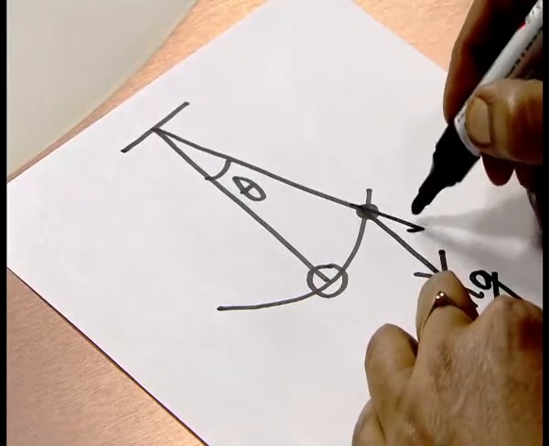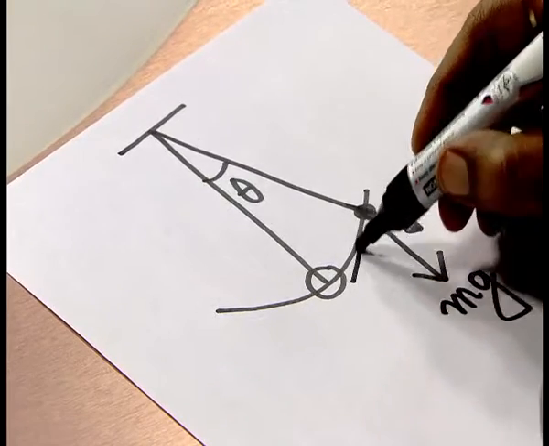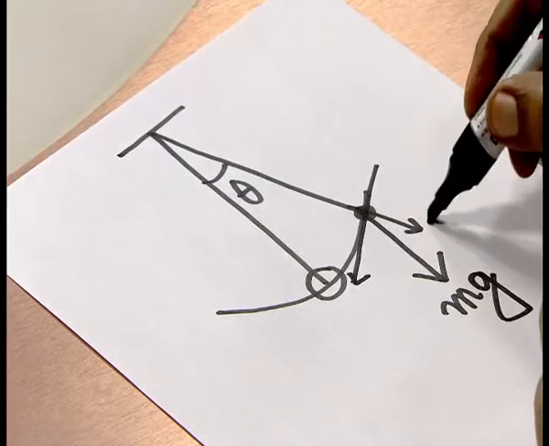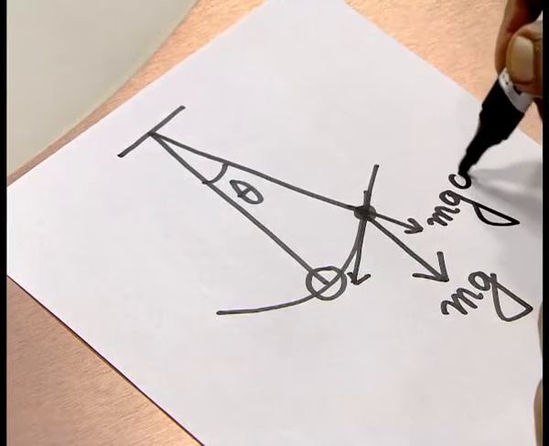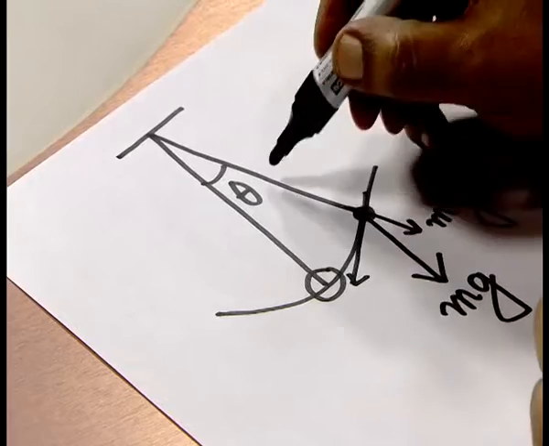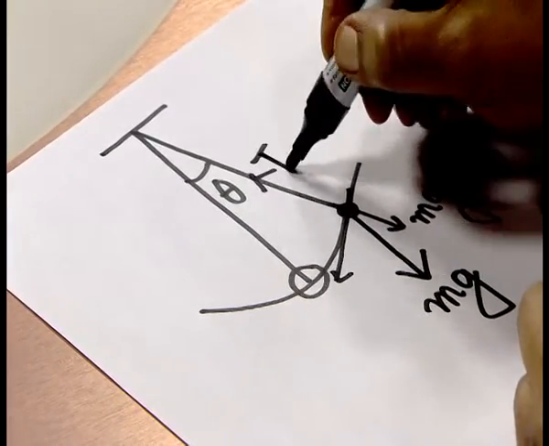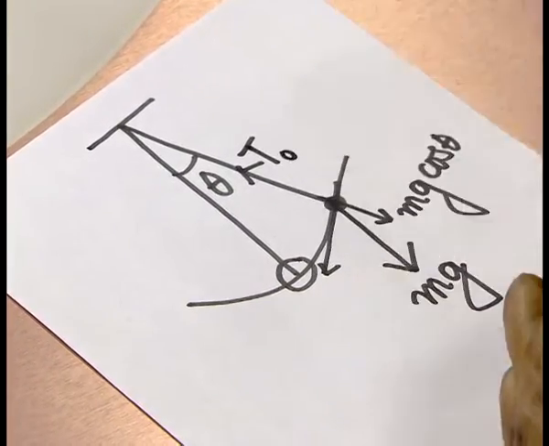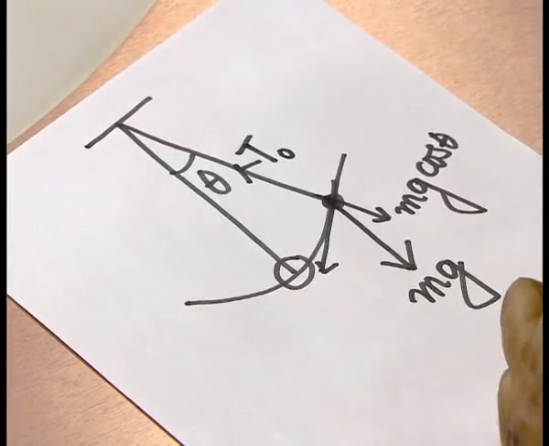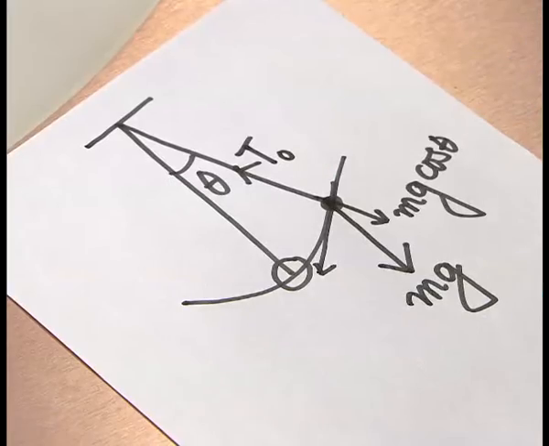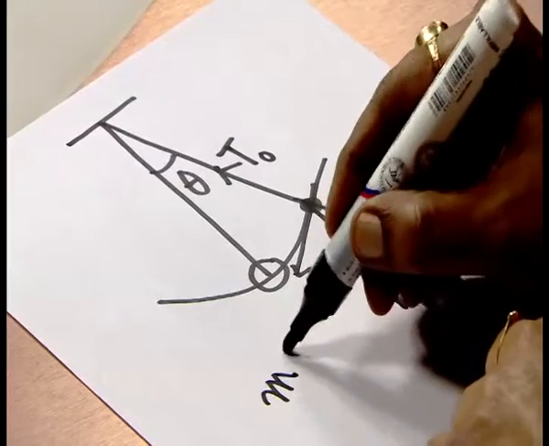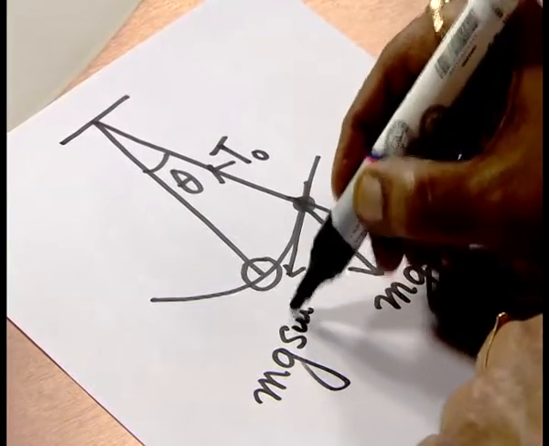It has two components, one along this direction, another along this direction. This component is m into g into cosine theta, which basically goes to balance the tension, let me call it T0, the tension, and of course, the value of tension, which is a self adjusting force, gets adjusted in accordance with the angle theta in mg cos theta plus the centrifugal force, and this component is mg sin theta, which